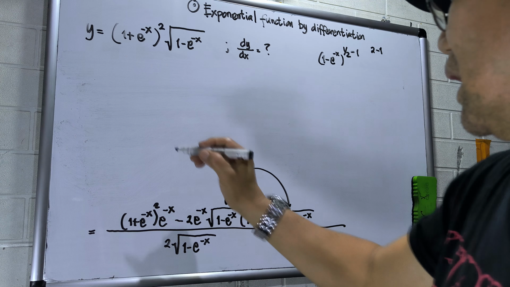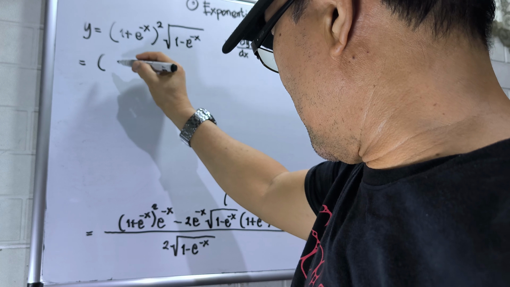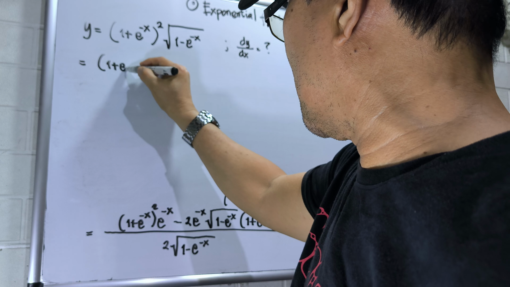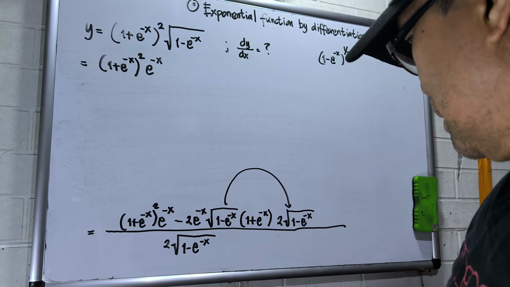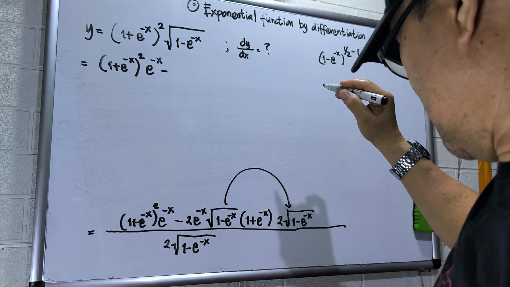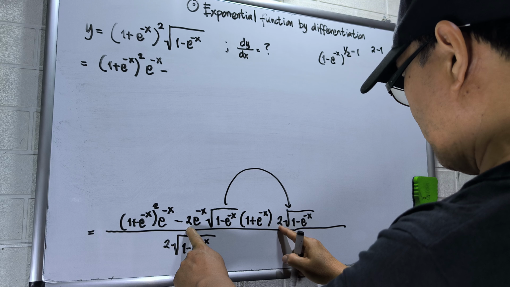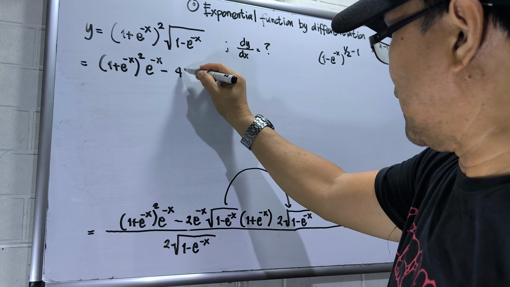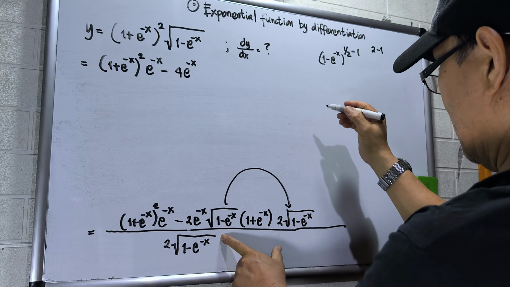Okay, so I have now circle brackets 1 plus e raised to the negative x squared, then e raised to the negative x, then minus, okay, 2 times 2 is 4, minus 4e raised to the negative x, and then this one multiply,